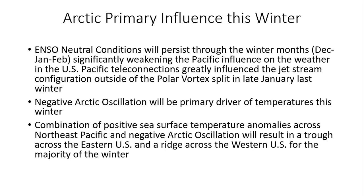Now, will there always be a negative Arctic oscillation? No. Definitely not going to say that, because we are going to have some cases where the Arctic oscillation will go positive and we will see a warm-up. There'll be milder periods in between these colder outbreaks. So I'm not expecting wall-to-wall cold, or from December 1st to February 28th, I'm not expecting just cold air to dominate the entire winter. We are going to have those breaks, which we typically get, especially for those that live in